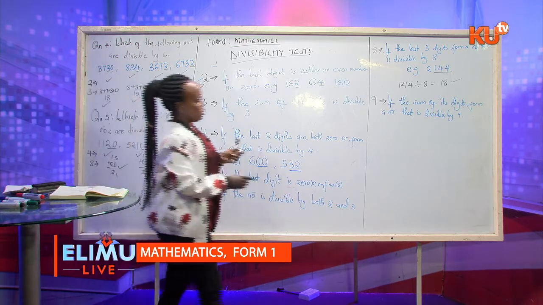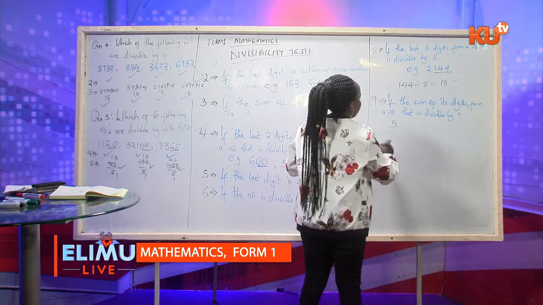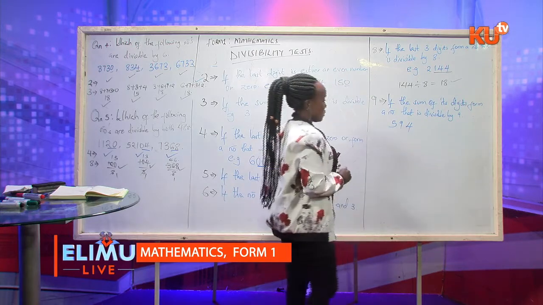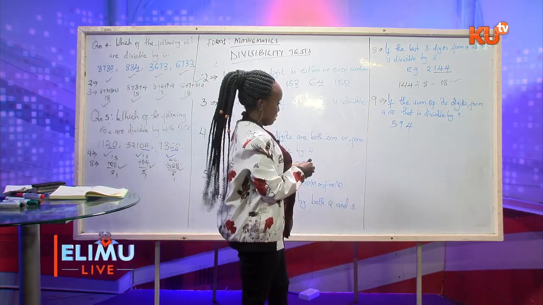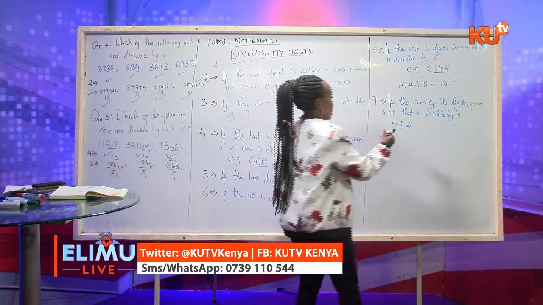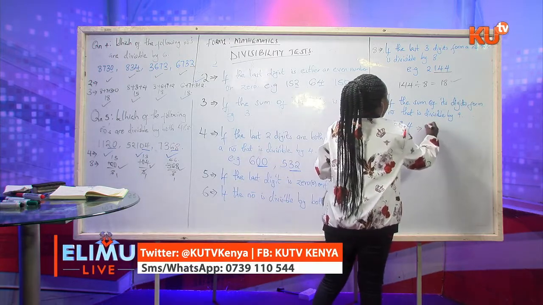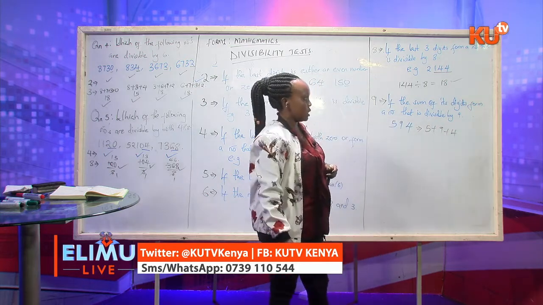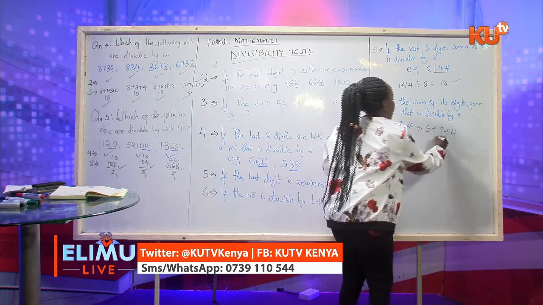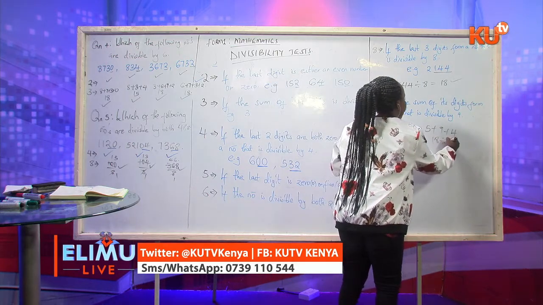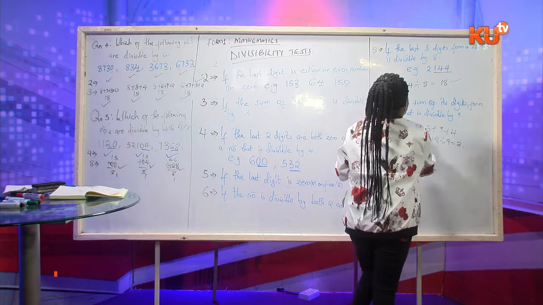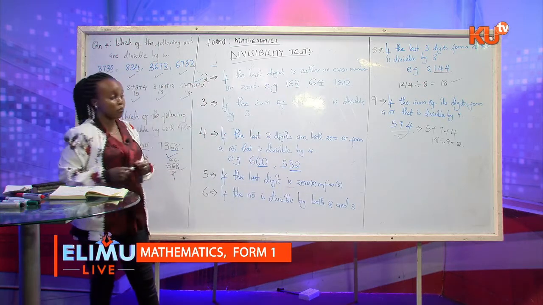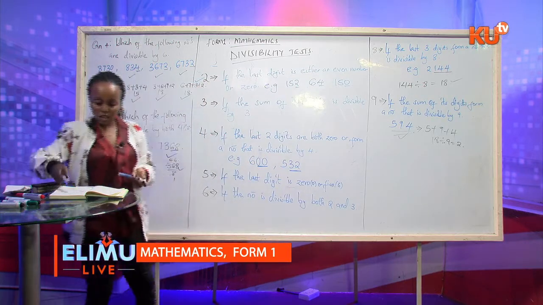A number like 594. Let us see if the sum of these digits will give us a number that is divisible by 9. So if we take 5 plus 9 plus 4, 5 plus 9 is 14. 14 plus 4 gives us 18, whereby 18 is divisible by 9, which gives us 2, meaning that this number is divisible by 9 because the sum of its digits has formed a number 18, which is divisible by 9. So let us have a question there